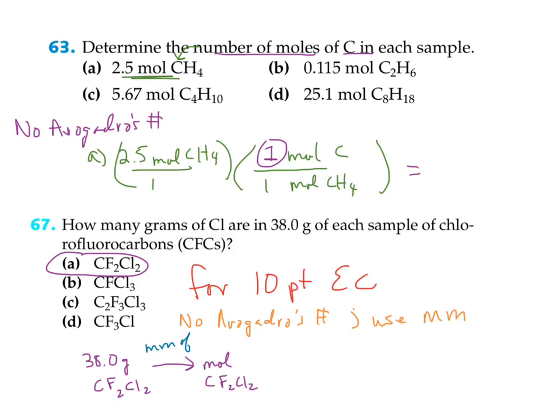Nope. For hydrogen, you would swap out that 1 for 4 moles of hydrogen in 1 mole of CH4. See how that goes? So if this was hydrogen instead of carbon, it would look like this. It would be 2.5 moles of CH4 over 1. And if we're after hydrogen, we're going to put 4 moles of hydrogen. We switched what we were after per 1 mole of the compound, CH4. And actually 4 times 2.5 is 10,